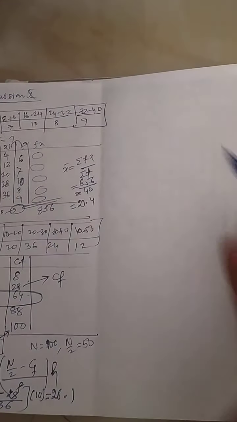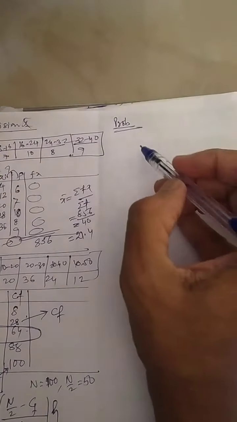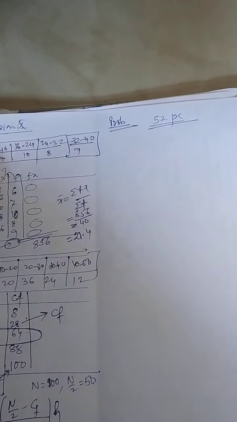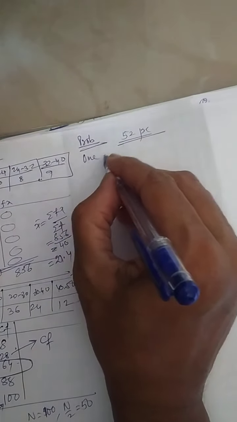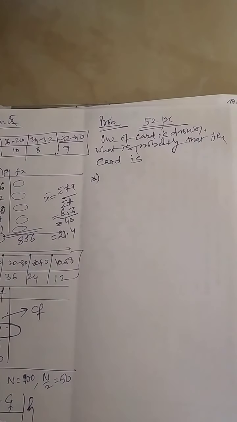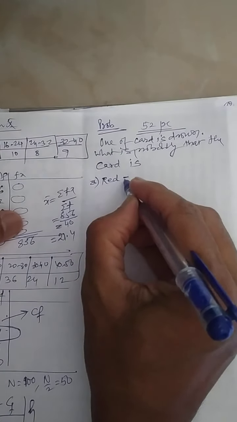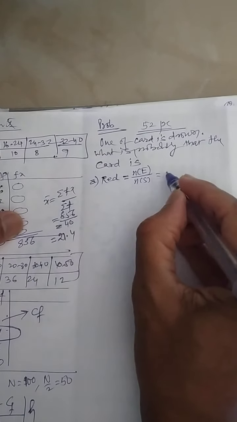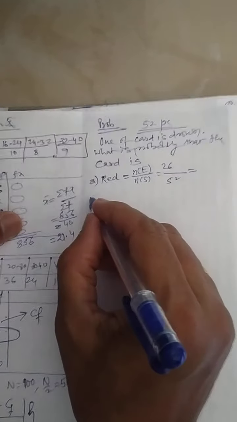So the next topic which I want to check from you is nothing but probability. Are you aware that there are 52 playing cards? The question is to understand whether you are comfortable with that. From a pack of 52 playing cards, what is the probability that the card is a red card? Are you using the symbol n of E and n of S? There are 52 cards, red cards are 26. You simplify, you will get the answer.